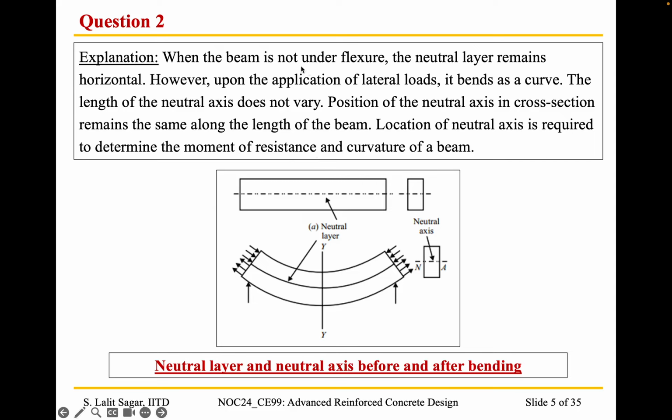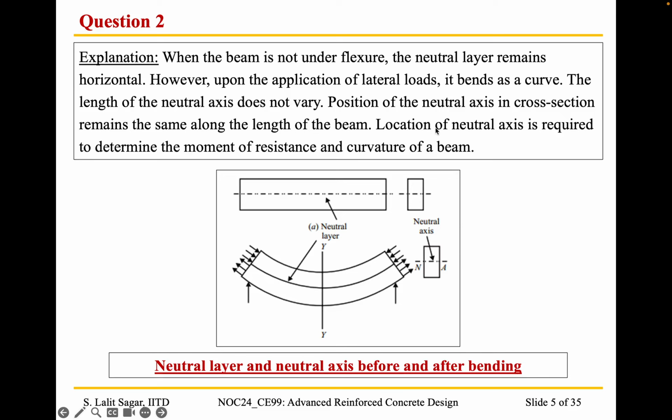So when the beam is not under flexure, the neutral layer remains horizontal. Upon the application of lateral loads, it bends as a curve. The length of the neutral axis does not vary. The position remains the same. So if we consider a cross section at this point or this point,